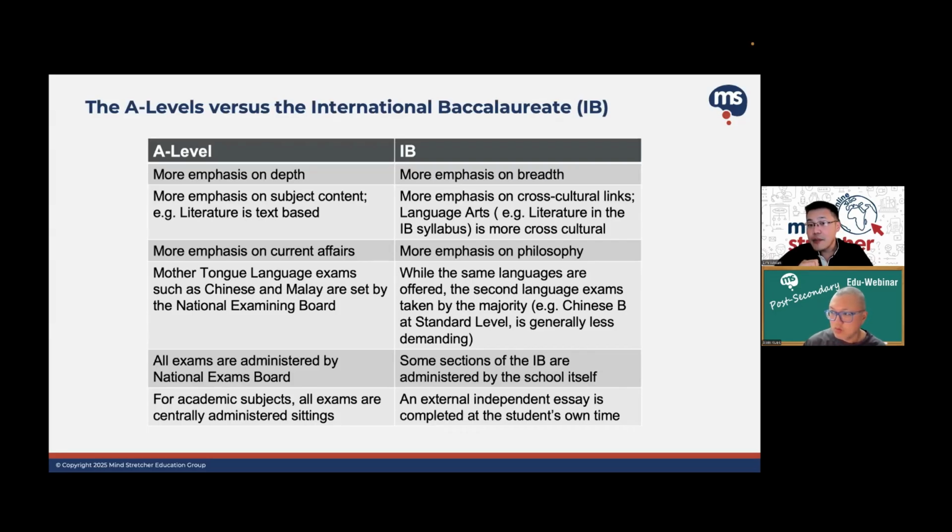Okay, and yeah, so Alvin is here. So as I was saying, Alvin is co-founder of MindStretcher, and he has a lot of experience in terms of working with students in admissions from post-secondary to tertiary, and he has also worked with a lot of students, in fact helping them to get scholarships and admissions to different universities as well. So he will be sharing his perspective later, and anytime that you all have any questions, also feel free to just put that in the chat. Okay, so that's the thing to note.